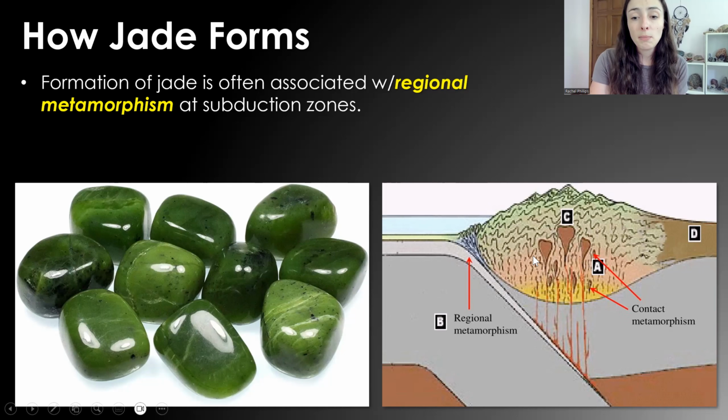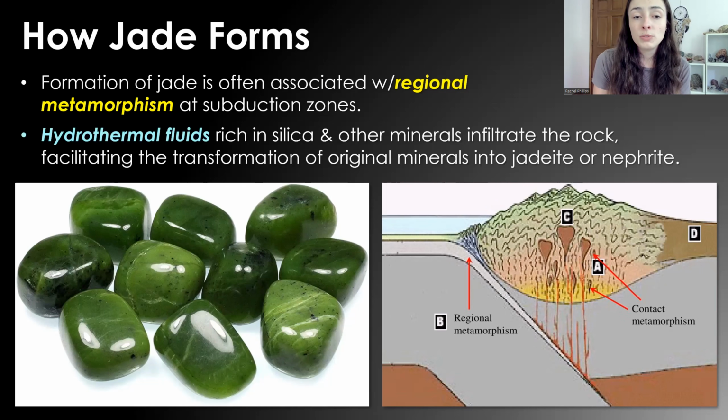It also creates high temperatures, and there's melting, and there's igneous activity because of this, and all around the igneous activity, there's contact metamorphism right where the magma chambers touch or come in contact with the host rocks in there. And all around that, where there's really high pressures at the plate boundary, there's regional metamorphism. Hydrothermal fluids, rich in silica and other minerals, infiltrate the rock, facilitating the transformation of original minerals into jadeite or nephrite. So basically, these subducting plates tend to bring down with them water either within pore spaces of rocks that